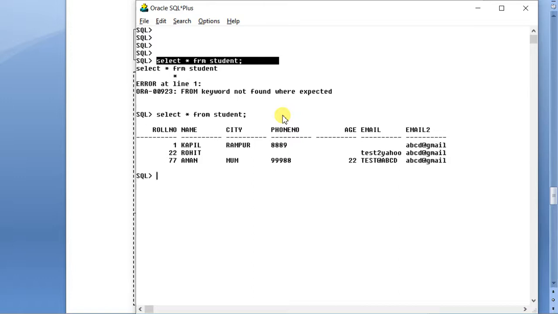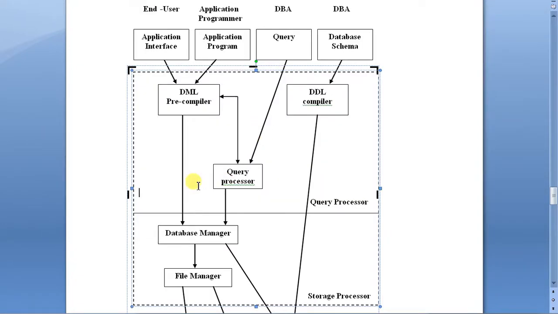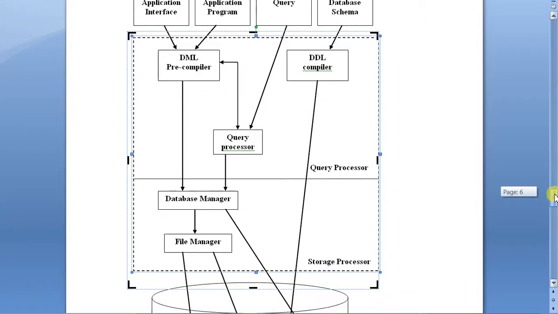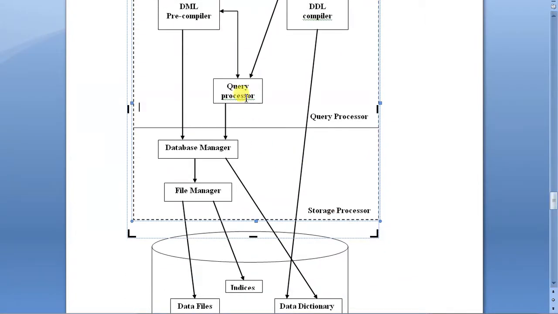Okay. Again, I will cover this topic and some interesting facts about it, but I hope you have understood what the role of the query processor is. The query processor converts your query into some internal format so that the code behind this query can be executed. Okay. And it also optimizes the query; it identifies the best query execution plan, etc. Now, after this query is processed or converted into internal format, it is passed to the database manager.